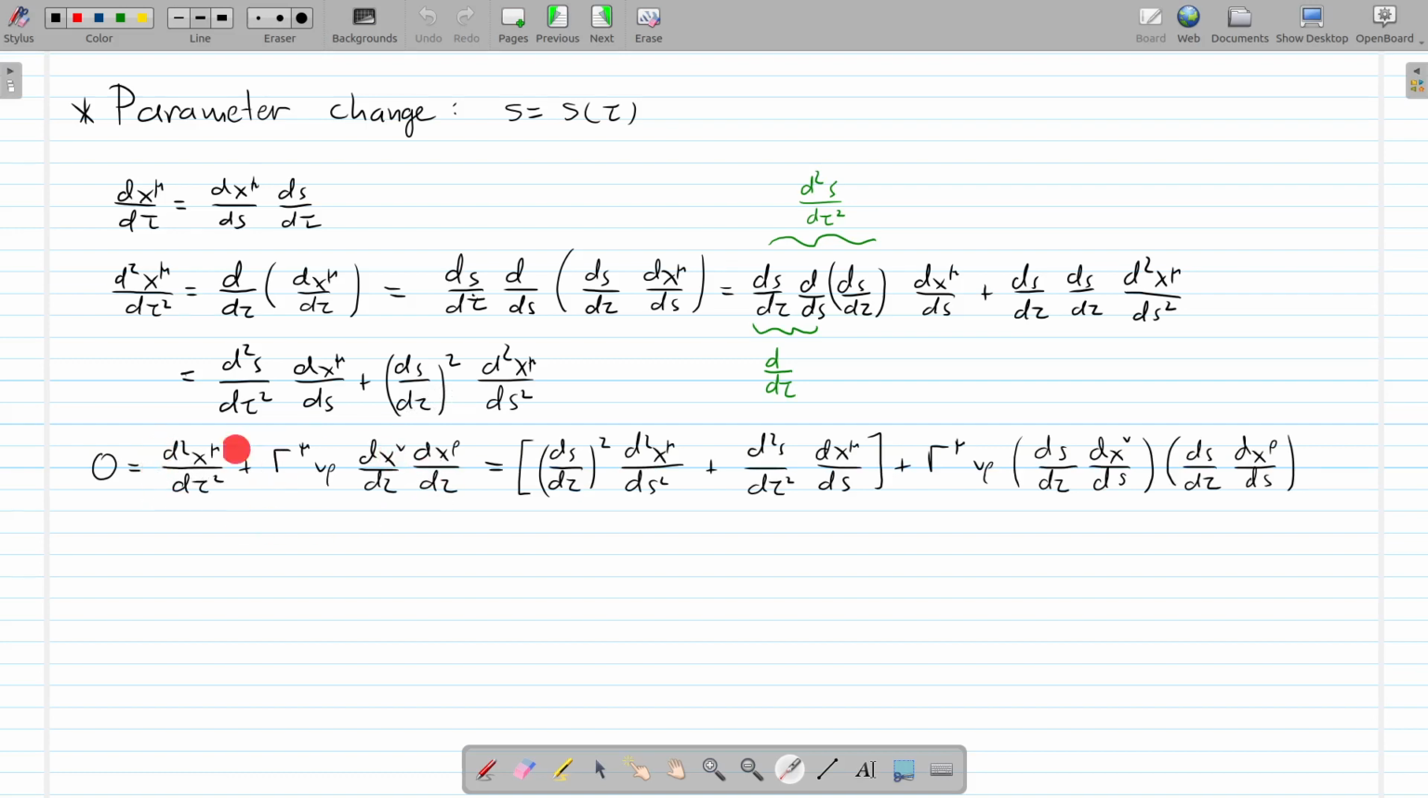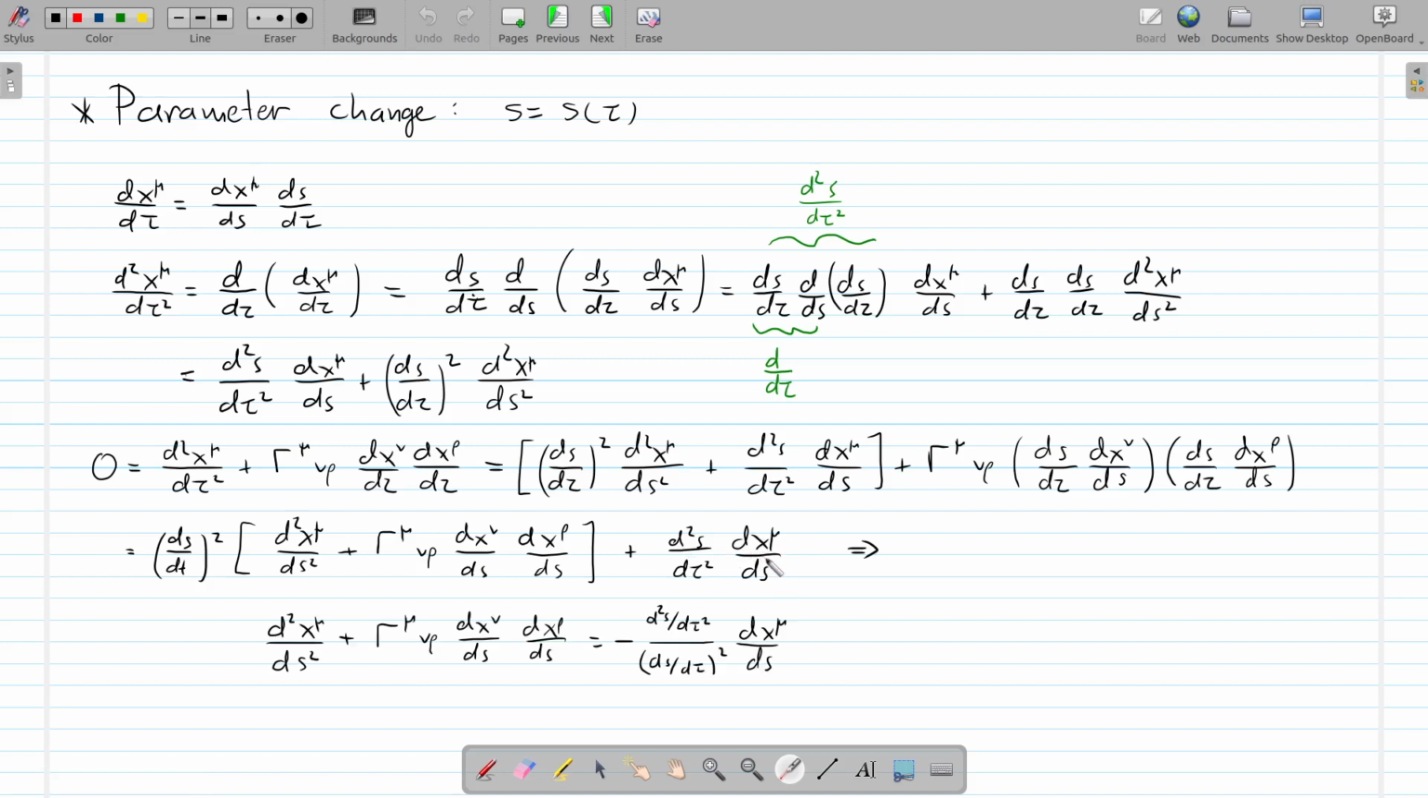So if we take the geodesic equation with respect to the affine parameter tau, this should be equal to 0, and if we substitute the second derivative and the first derivative, we obtain this equation shown in the right hand side, and we factor terms by taking (ds/d tau) squared, common factor between those two terms, and then we have a term here that remains that involves the first derivative of x with respect to s. So we can write down this equation as this left hand side be equal to this right hand side,